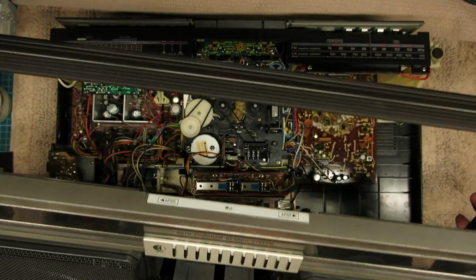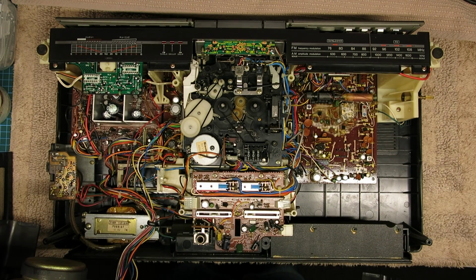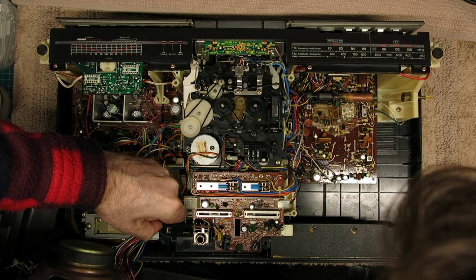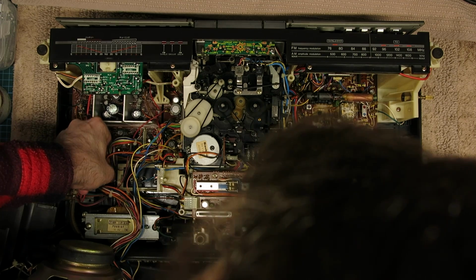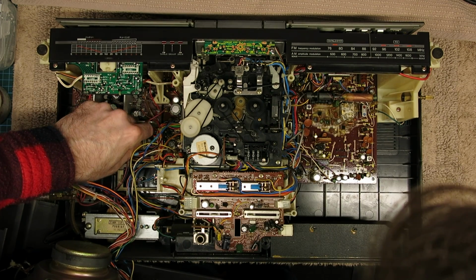And look how clean that is. It's pretty cool. Loosen these off. Loosen that one off. We've got one